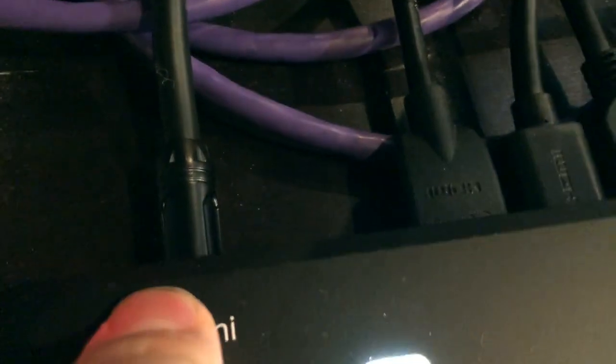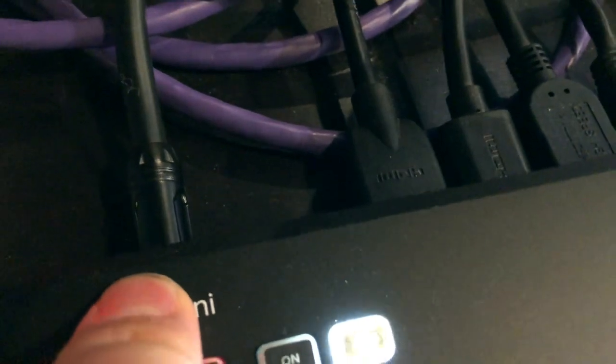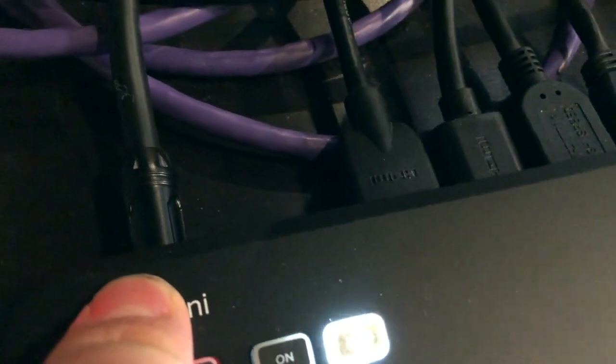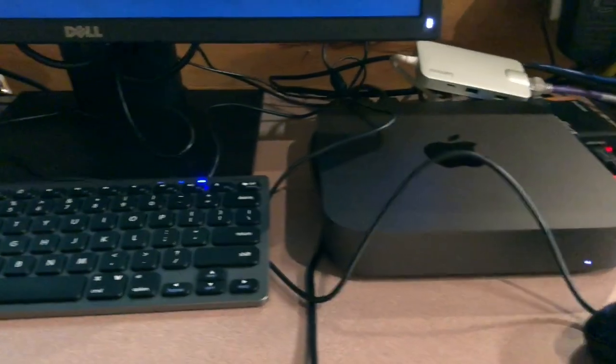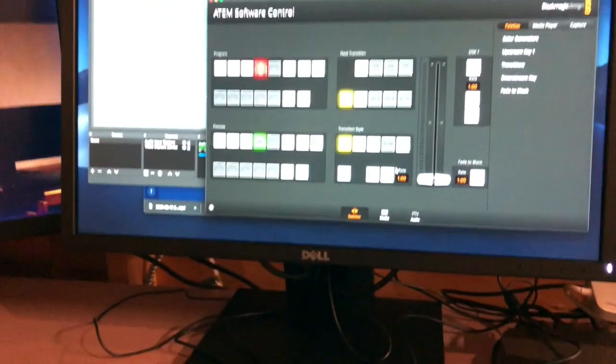Did I say this was power? What is this? Oh, that's the audio input. Okay, power, audio input. And it's just an 1/8 inch jack, so we had to get a cable, XLR to 1/8 inch cable coming out of the soundboard. So that's our connectors. That's all running into a Mac Mini right here, which we managed to borrow for the time being. So we're thankful for that.